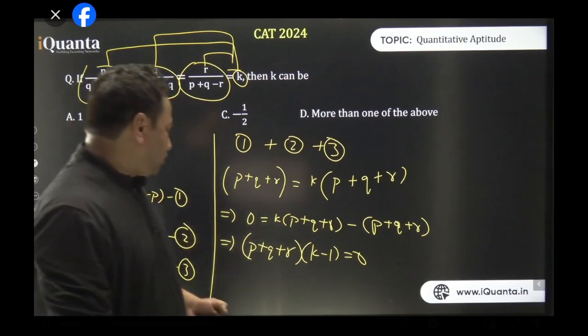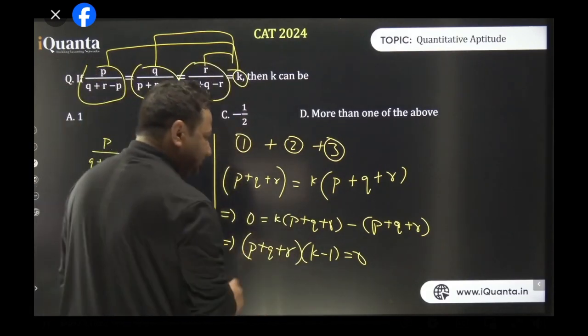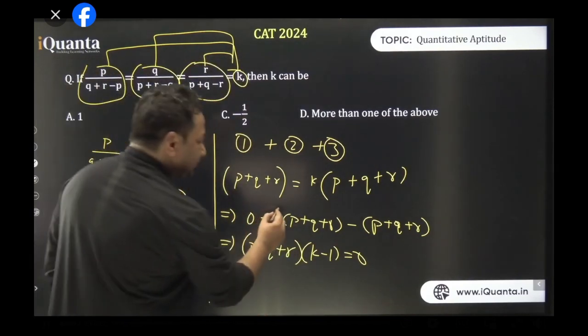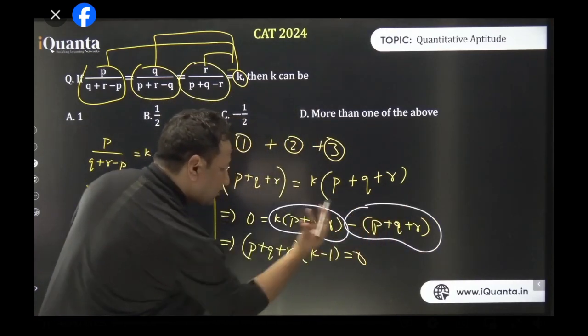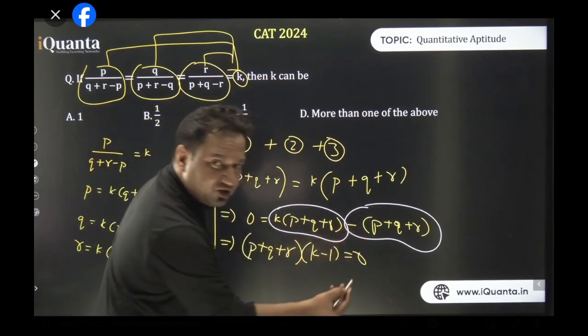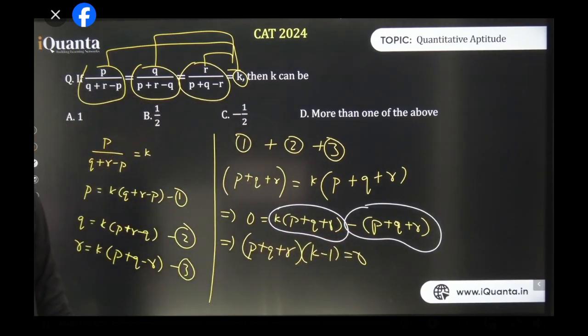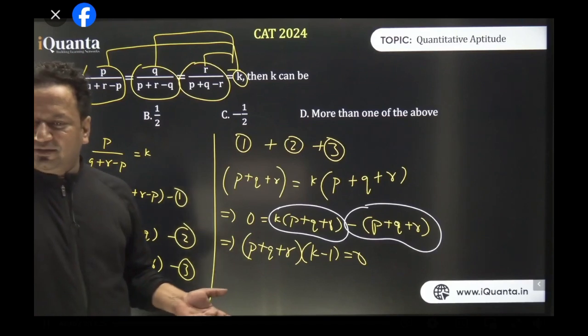Okay. So if you didn't understand, no problem, let me explain. This is k times p plus q plus r. This is minus p plus q plus r. So I took p plus q plus r common from both. Here k remains, and here only minus 1 will remain, right? Shruti and everyone, clear? Sahil, we will come to that. Wait. Let's get this through, then we'll come to that also. What you're asking, this is standard, isn't it, the minus will remain.